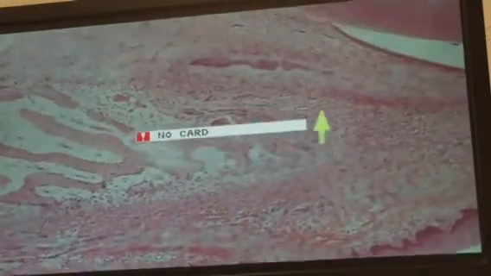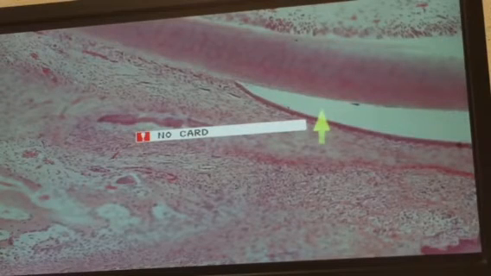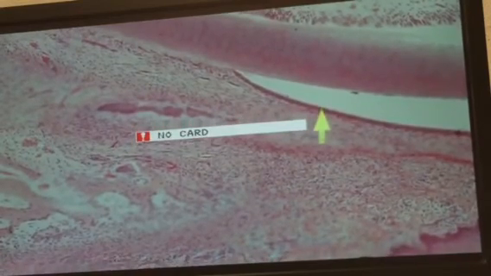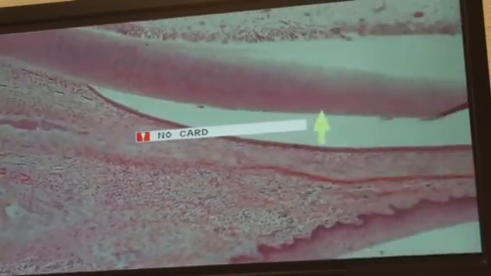But as we come up, there's the dentin, there's the enamel space. And if this is all we saw, this would be the reduced enamel epithelium. But as this has erupted, as we see right here,